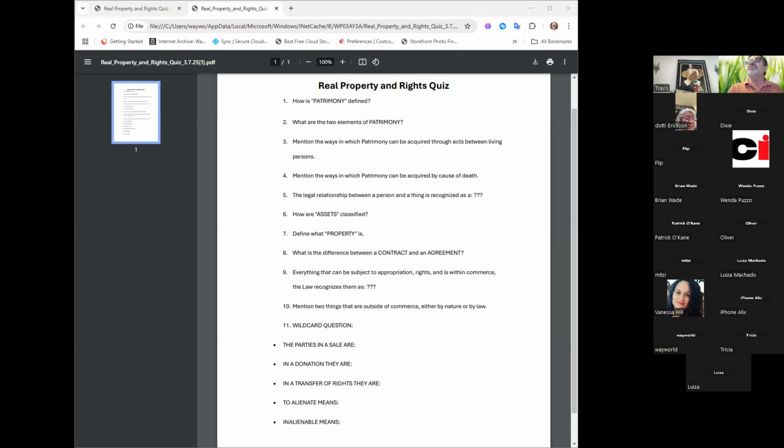Another way to classify it, remember when Alfonso said fungible or not fungible. Fungible means the thing can be replaced with another. Not fungible, it cannot be replaced. Well, that's a lot of ways to classify the assets.